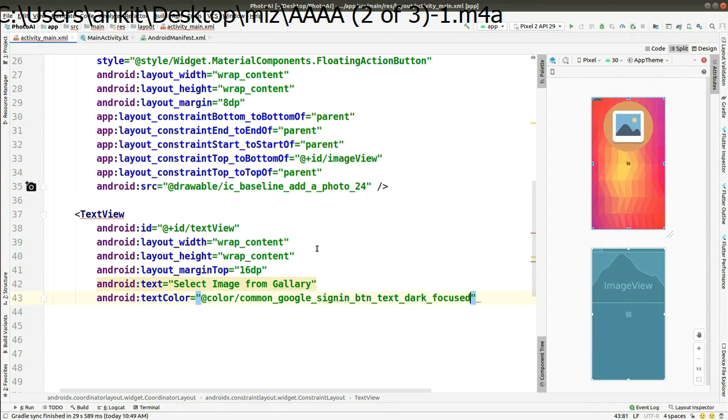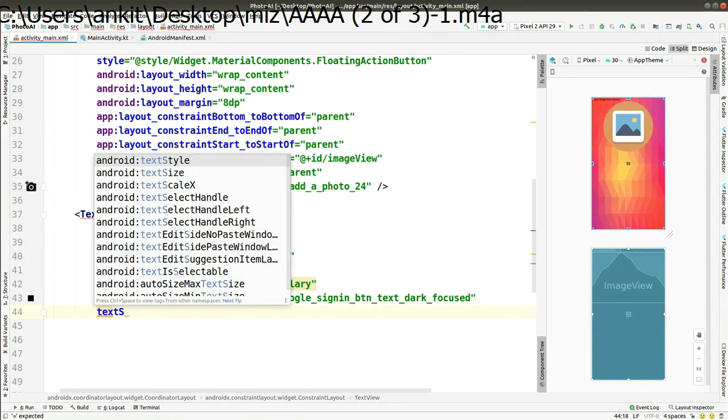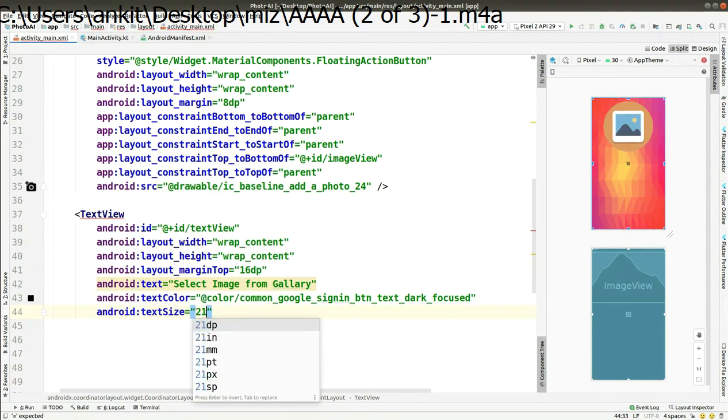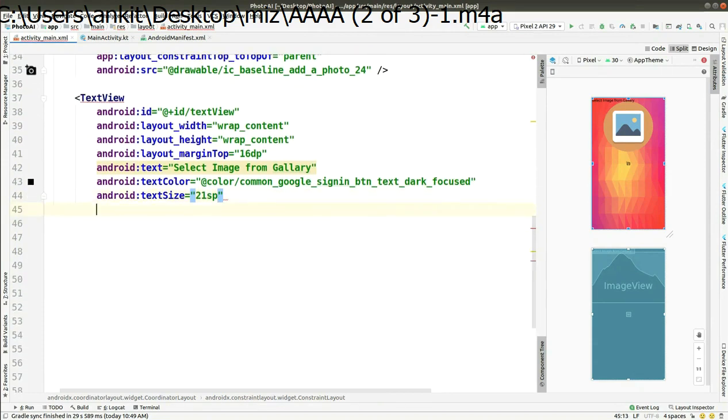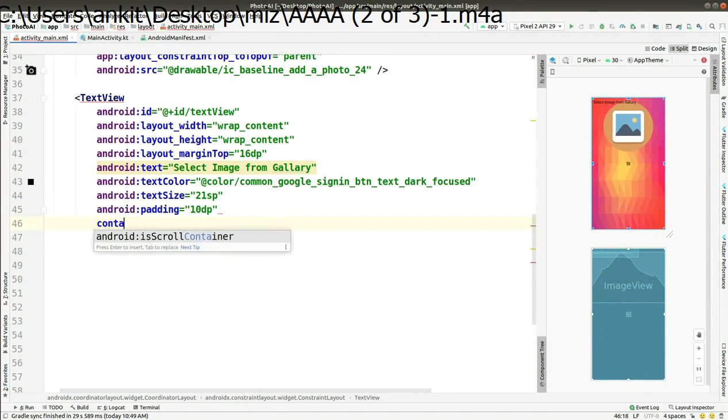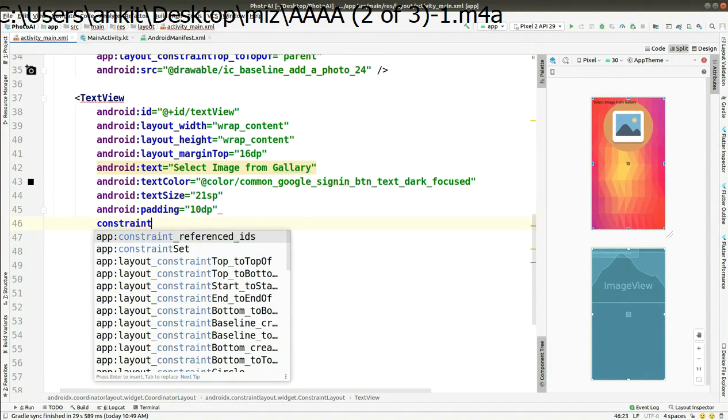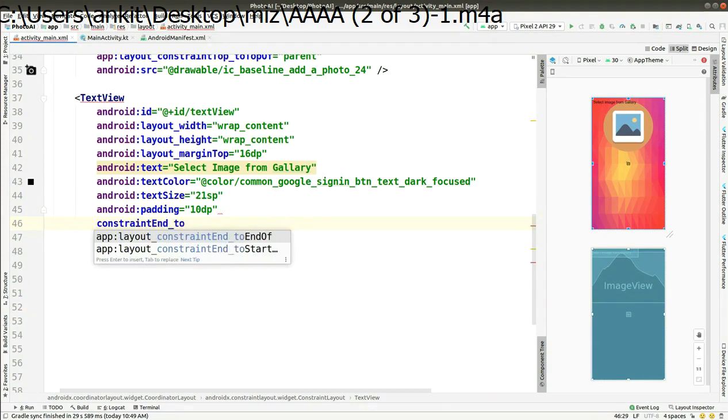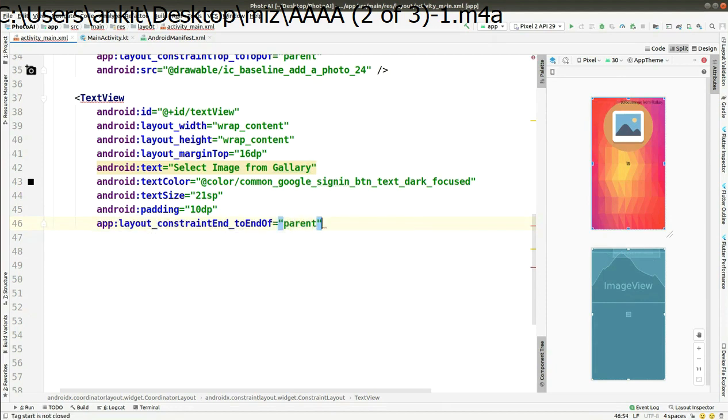It is really easy if you type black too, but you have to also understand this color library that you are having the options there too. After that you have to add the text size, and it is set as 21 sp, and then you are required to add the padding as 10 dp, and after that you have to add the reference things to the constraint layout, that is our parent layout, and a few more things for the same.